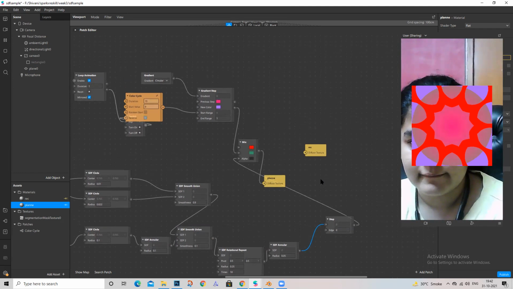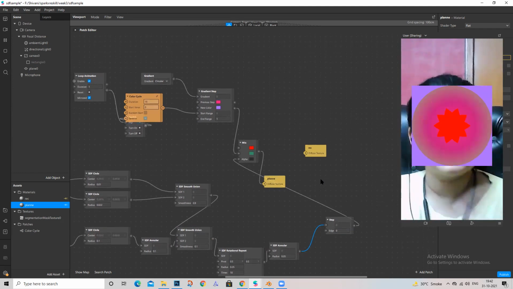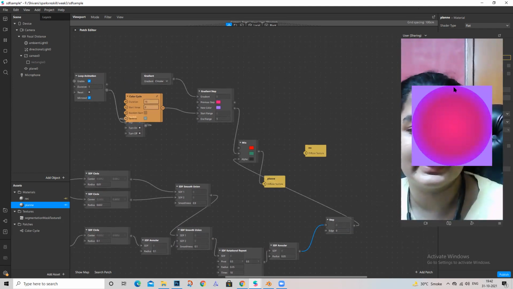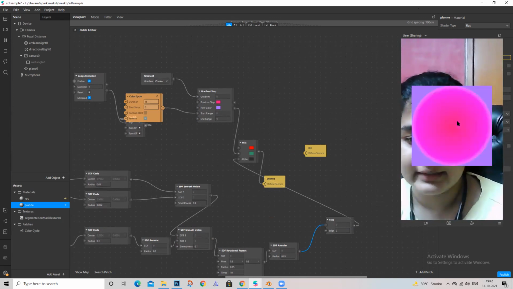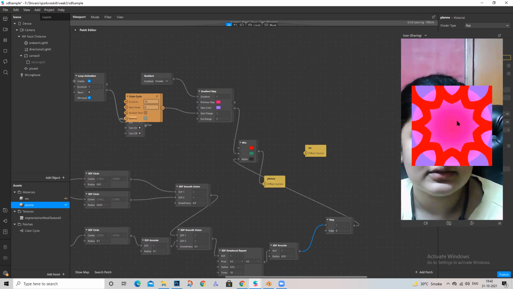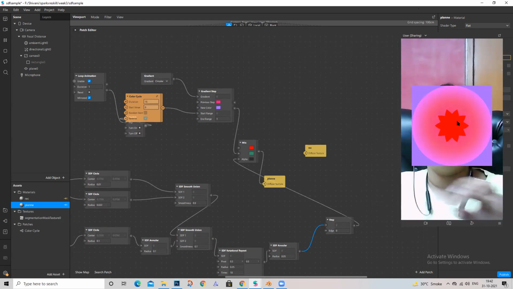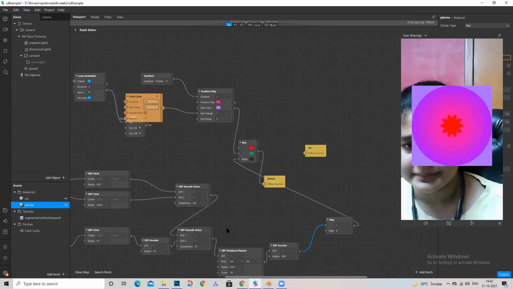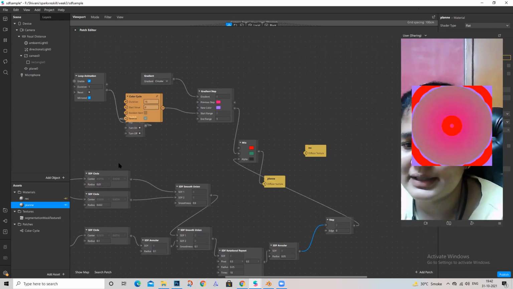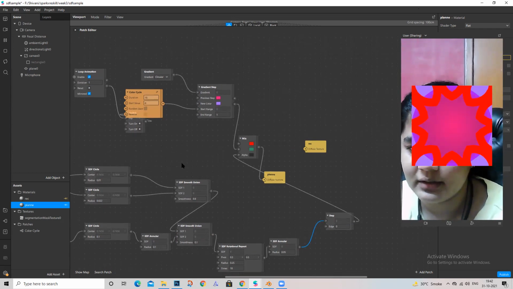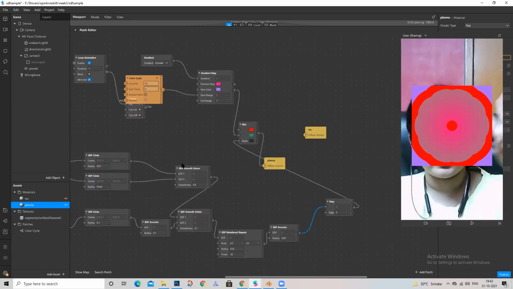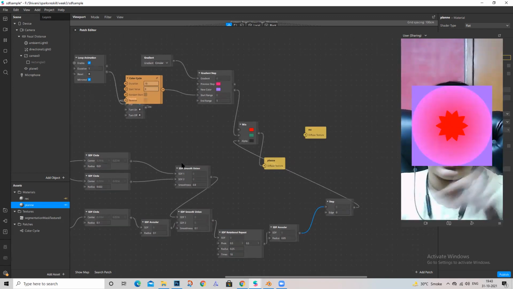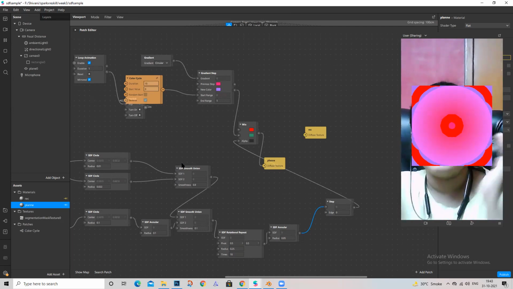What else? So you see this outline part that is coming in here, this is the third circle. For that we used annular. So only its border outline is coming, its inner circle is not coming. And then we combined all of these, using smooth union for the first two. For the third circle we used annular so that its inner part becomes hollow, and we use smooth union for it.